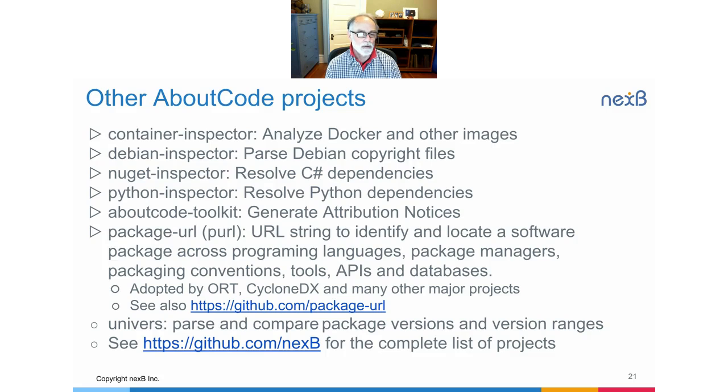Package URL we talked about a bit. Again, this has become the standard for identifying packages. CycloneDX, ORT, and other projects have adopted it. The National Vulnerability Database is considering adopting it, not as a replacement for a CVE, but as an alternative to a CPE, Common Platform Enumeration. Not exactly sure where that is. We don't have a role with the government, and other groups are working with that, but it looks like